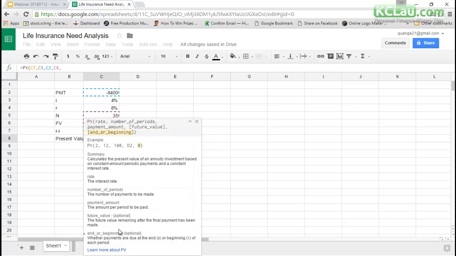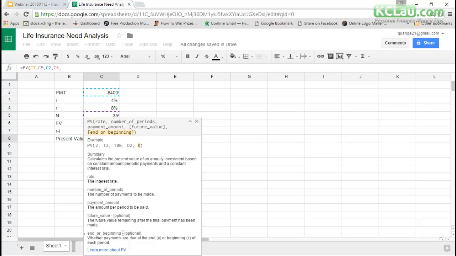This one is optional, end or beginning. End or beginning means you withdraw the money at the beginning or at the end of the period. That means when the lump sum comes out, do you withdraw at the beginning or at the end? It makes not much difference, but in this case, I would say you withdraw at the beginning. When the money is paid out, your parents will need the first amount of 8,400 to spend, right?